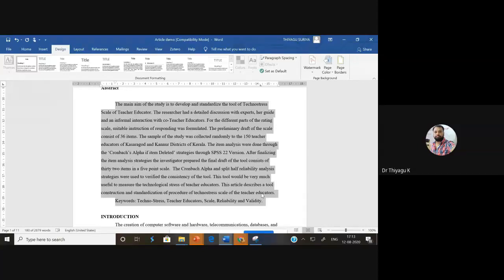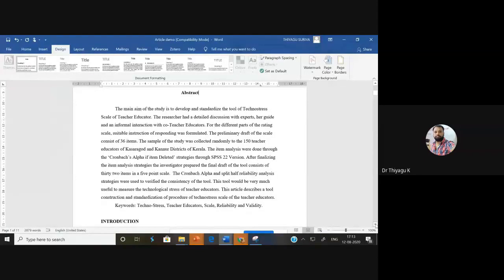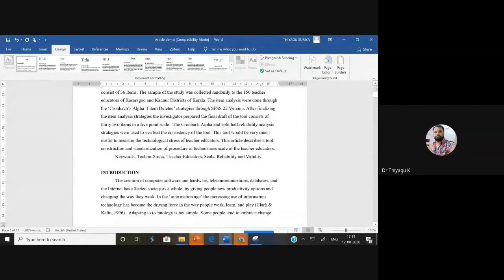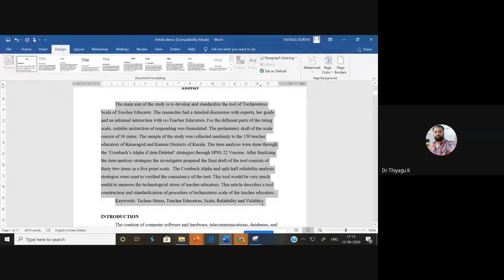So this way only we have to go with alignment. Are we clear? I am talking about the content, which should be left aligned. The heading is sometimes in the middle, then the second-level heading and third-level heading should be on the left side. So I hope you understand how it works. You should go with the left alignment, right?